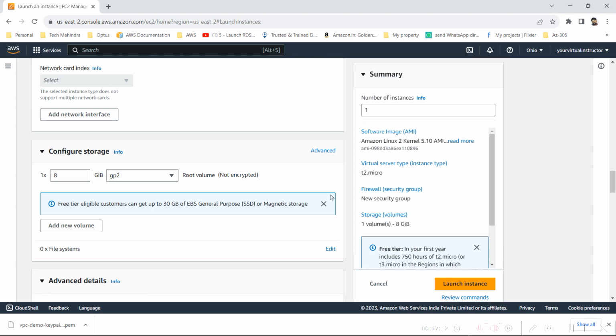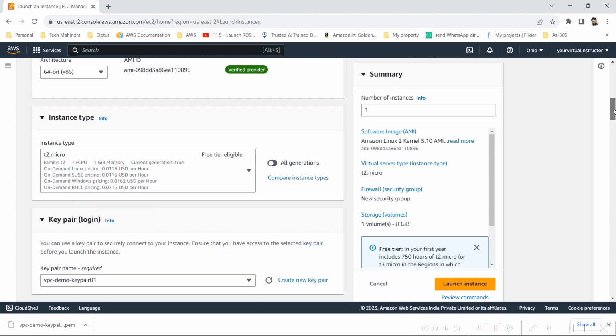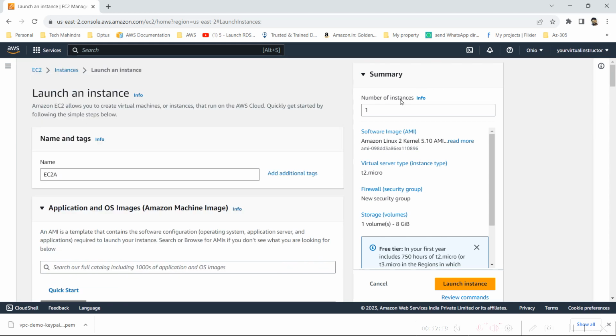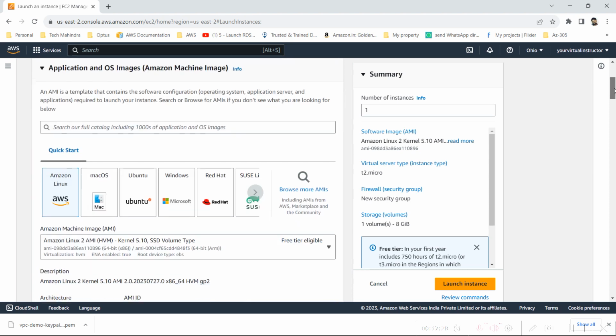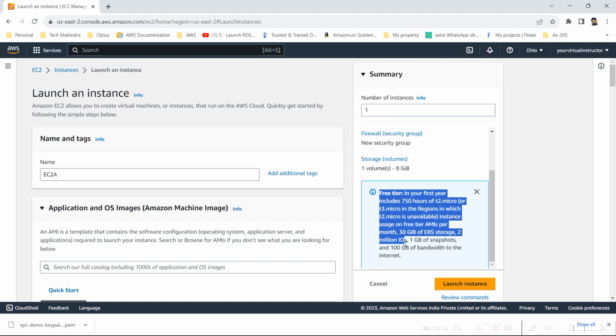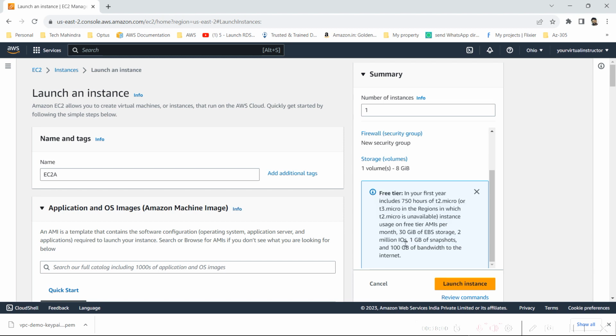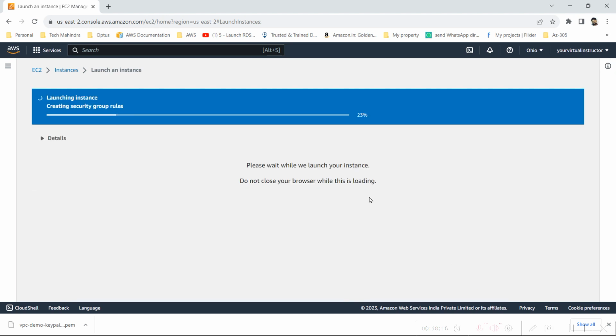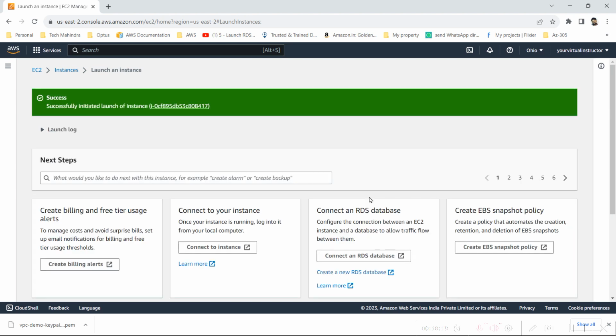Here I will be keeping other settings as default, and I want the number of instances to be equal to 1, because as per our architecture there should be one EC2 instance in the public subnet. Here you can see the free tier information, which says your free tier eligibility is 750 hours per calendar month for the EC2 instance. If you have two EC2 instances running all the time, then it will be 750 by 2 hours. So hit on launch instance